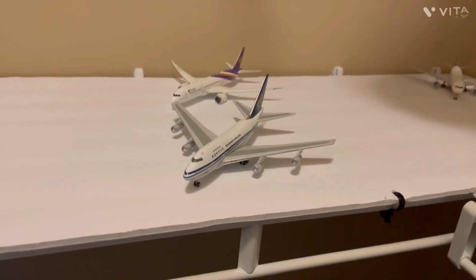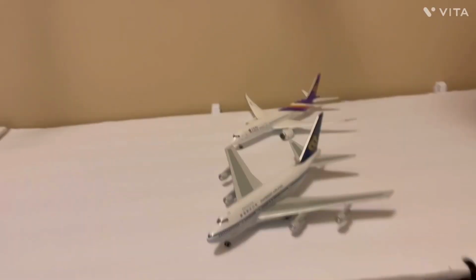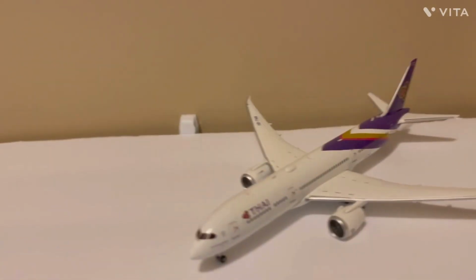Mandarin 747 SP by Gemini Jets. These are aircraft by Gemini Jets. That's NG. Those two are Gemini Jets. So this is the Mandarin 747 SP. I want to get China Airlines planes and stick them here. Thai Airways 787-9. Get a couple more Thai airplanes. The plan is I want to get,